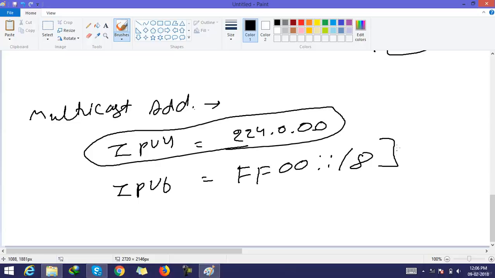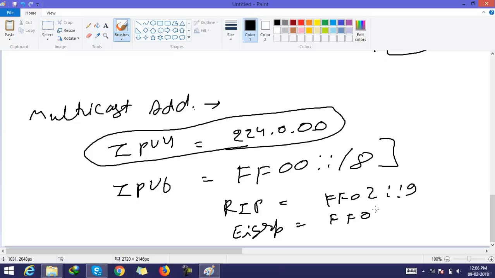This is the range for multicasting in IPv6. Like RIP, the multicast address for RIP is, and for EIGRP, the multicast address is